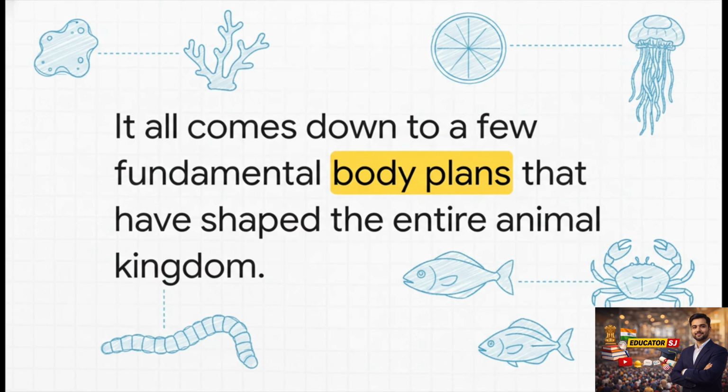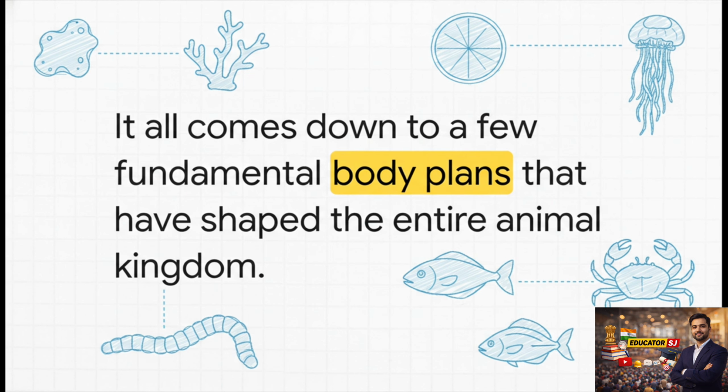all together. The answer, and it might surprise you, is that it all comes down to just a handful of fundamental body plans. Think of them as nature's most successful architectural blueprints. And if we can understand these plans, we unlock the secrets to the incredible diversity of animal life on our planet. Okay, so before we jump into our grand tour of the animal kingdom, we need to get familiar with